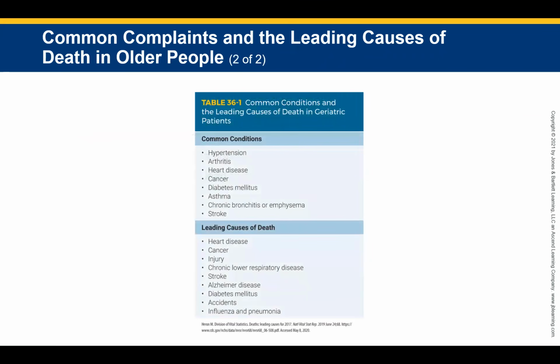So here's a chart that shows some complaints that are leading causes of death of elderly patients. We talk about some common conditions, then we talk about leading causes of death. Obviously, you see hypertension, heart disease, diabetes is a big thing, strokes, and chronic bronchitis can also turn into pneumonia. All these conditions can affect them in a very ill manner, and we lose a lot of good elderly people because of small, simple injuries or simple issues that their bodies just can't heal from.